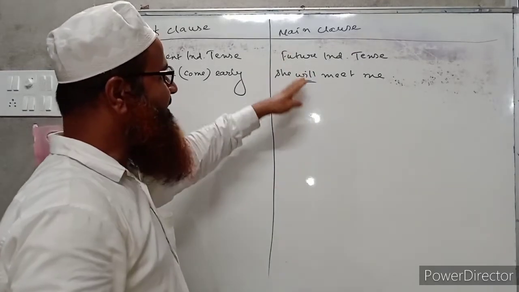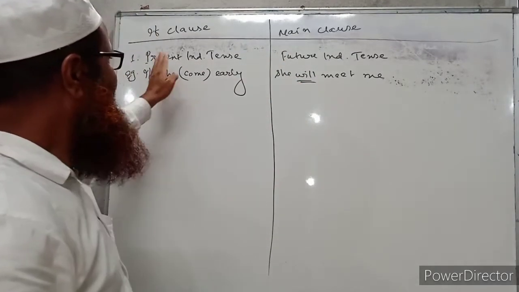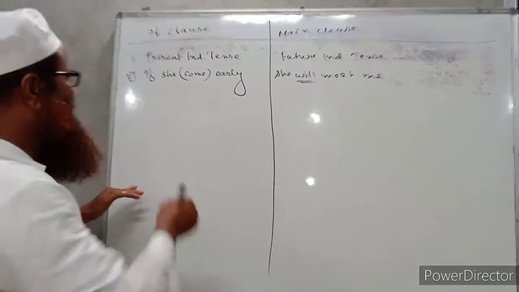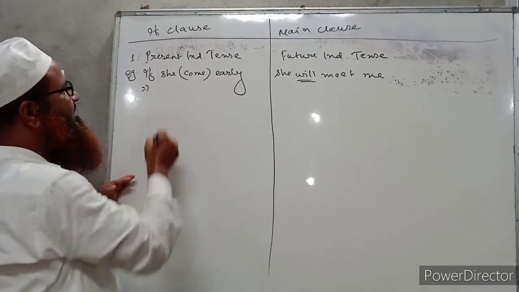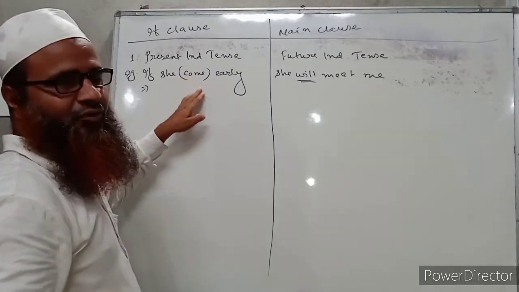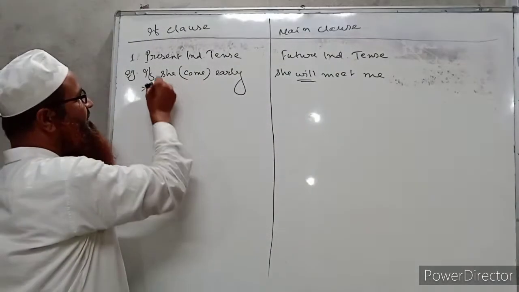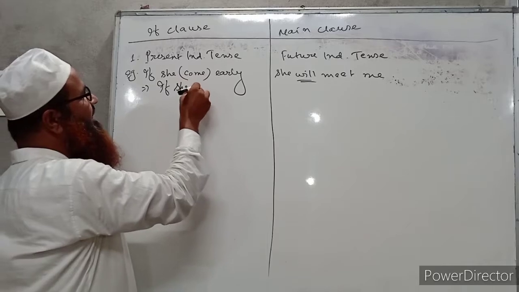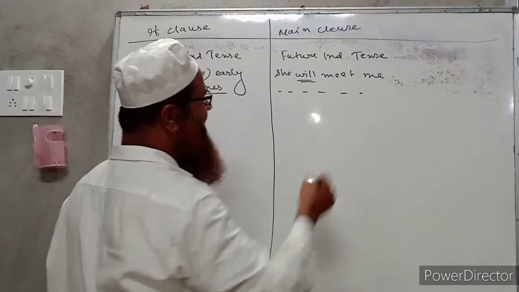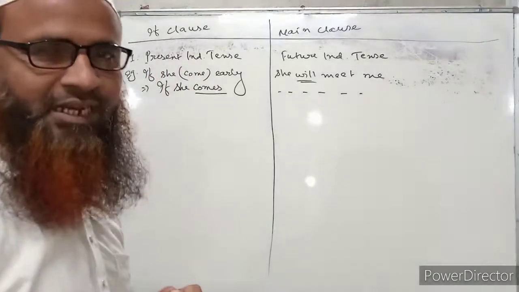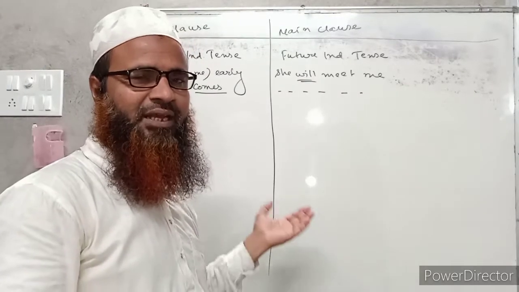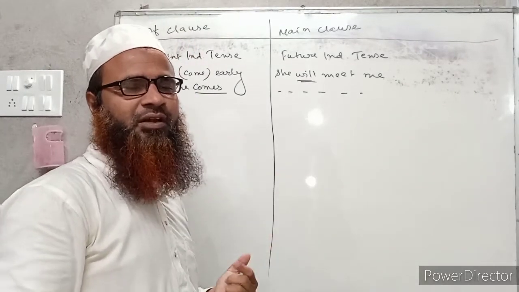So when it is in future tense, this part of condition or if clause must be written in present indefinite tense. Okay, so here the subject is she, then we have to write in present indefinite. That is why S will come with us. If she comes early, so it is the possible condition. Okay, if she comes early, she will meet me. The occasion has not got over till now. That means she will meet me if she comes early. So that is why this condition is called possible condition.